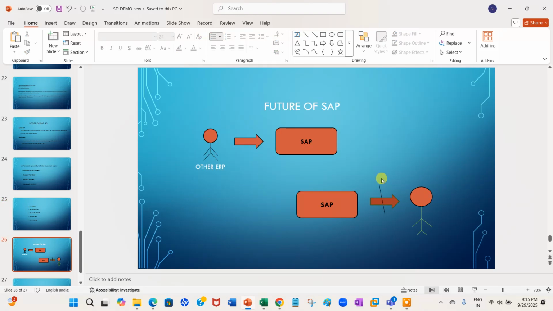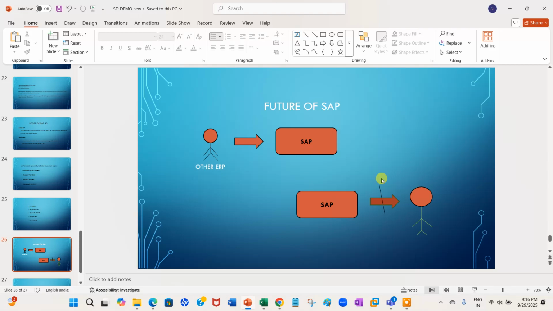See what the future of SAP is. Mostly, people working in other ERP packages will shift to SAP. But people who are in SAP will not go to other ERP packages.